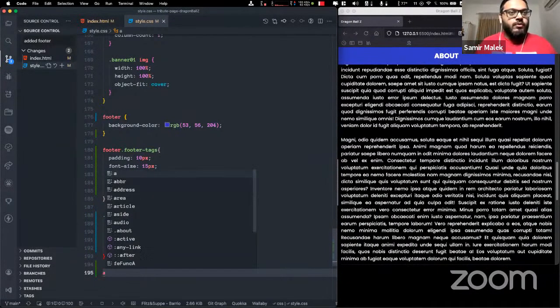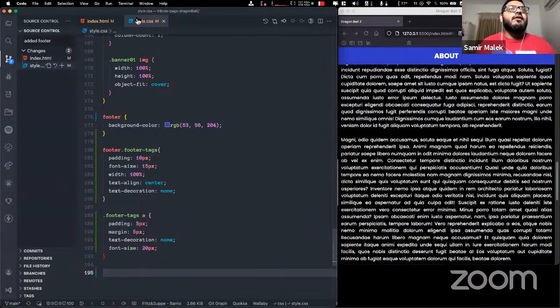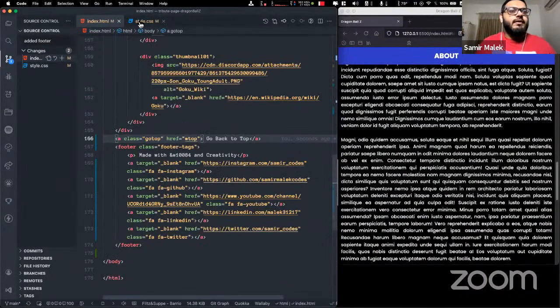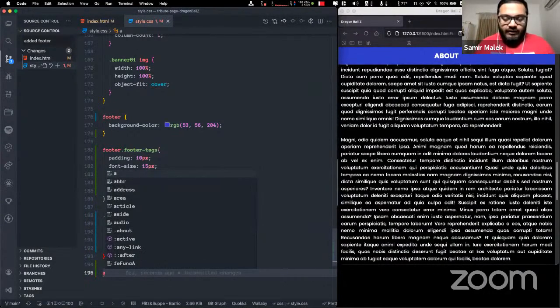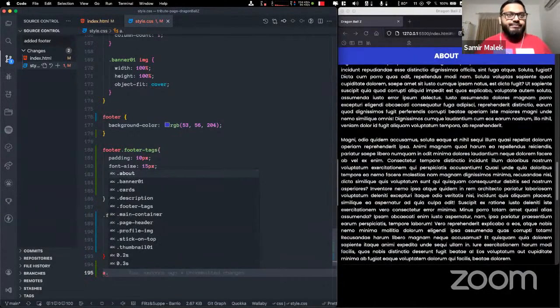So we do go. No, so it's basically okay. So we target A, okay, and then dot, and we give